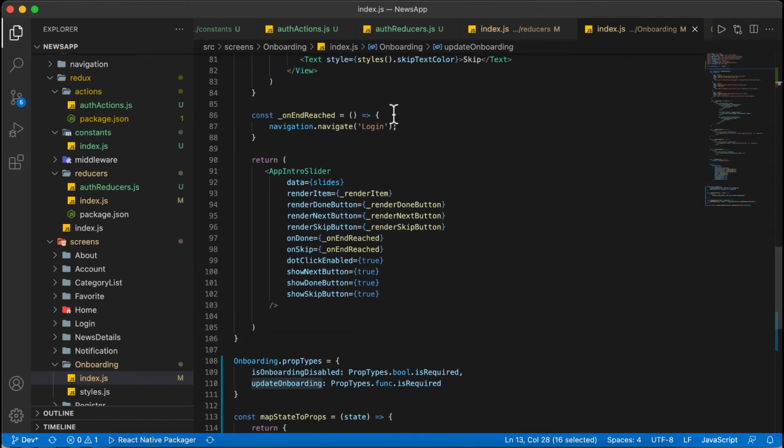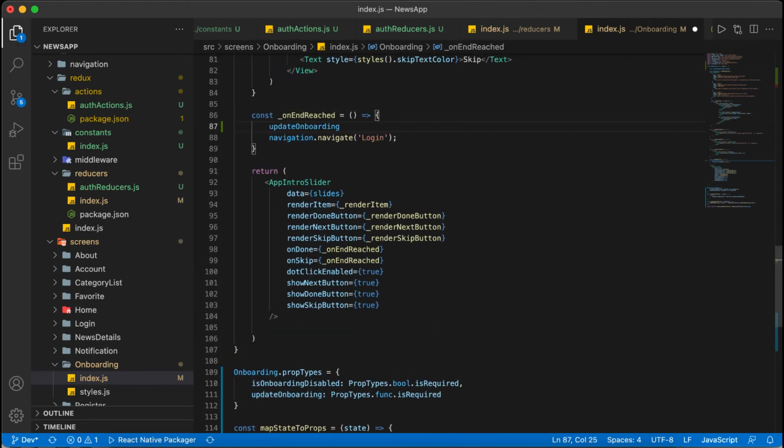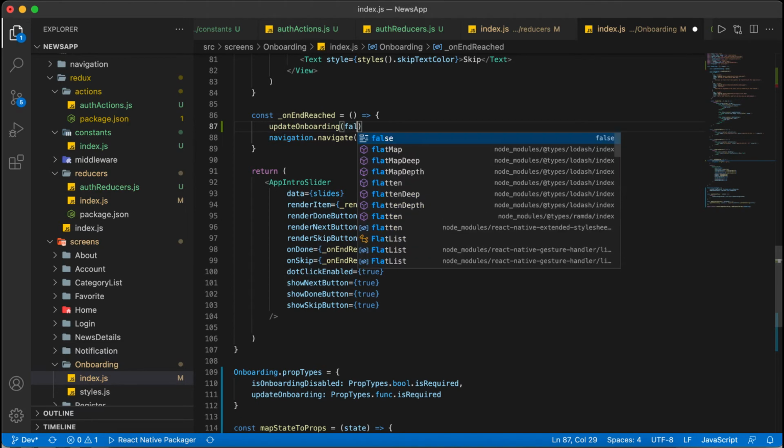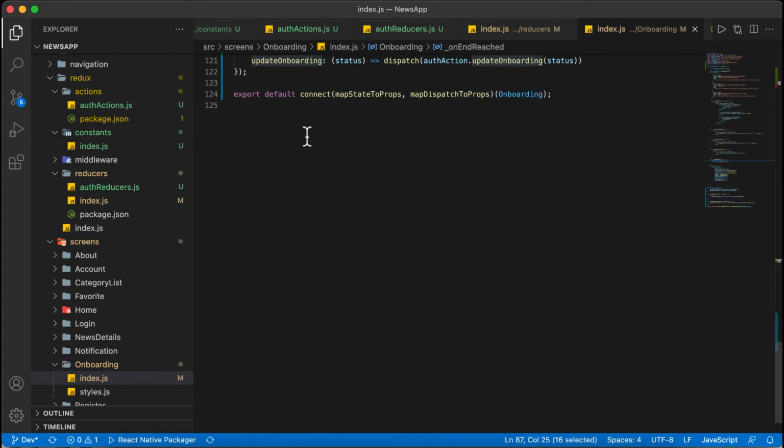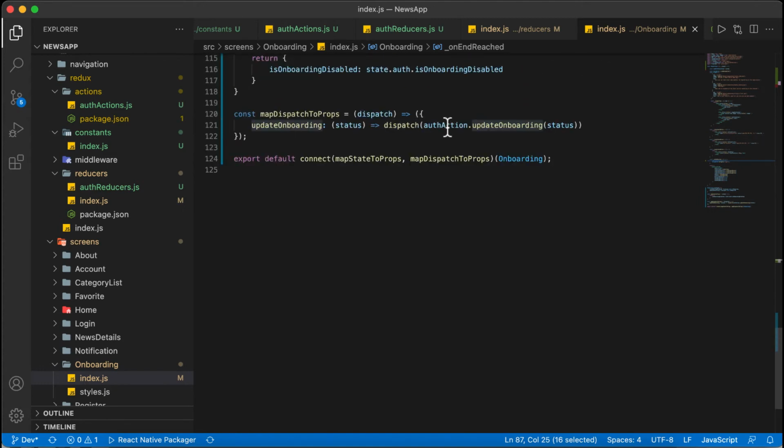Inside the onPress I will call this function and send the status as false. So the status will be updated to false. It will call here, then dispatch the function updateOnboarding, then take the type and the status and go to the auth reducer, and the auth reducer will attach it to the state. Finally we are done.